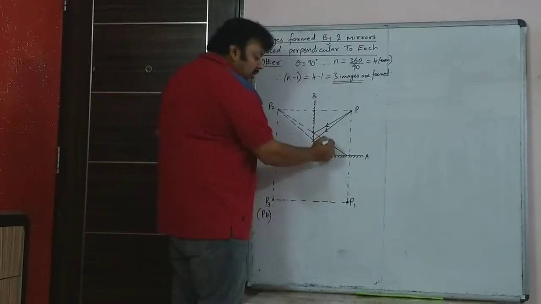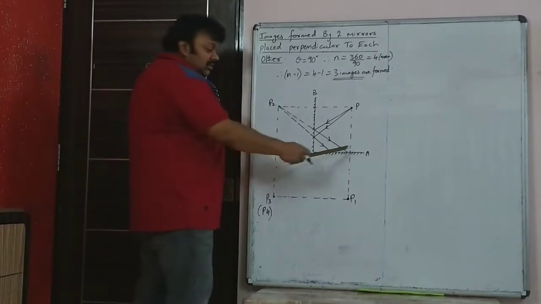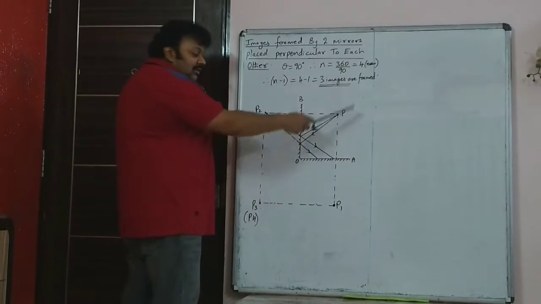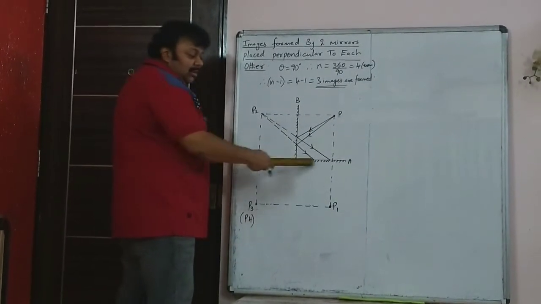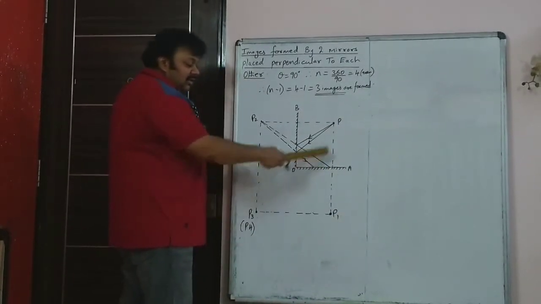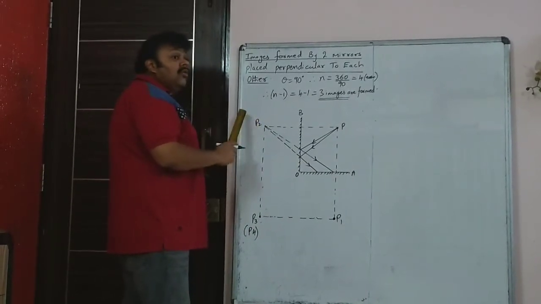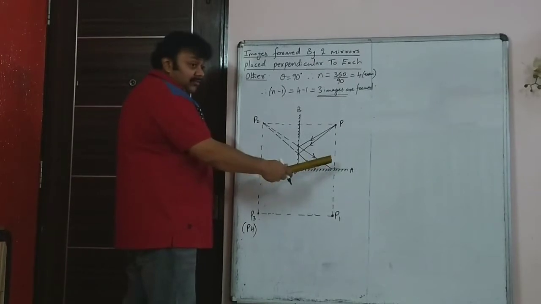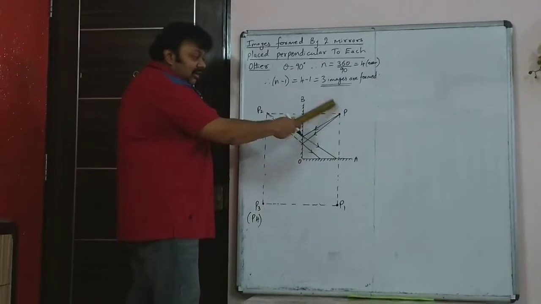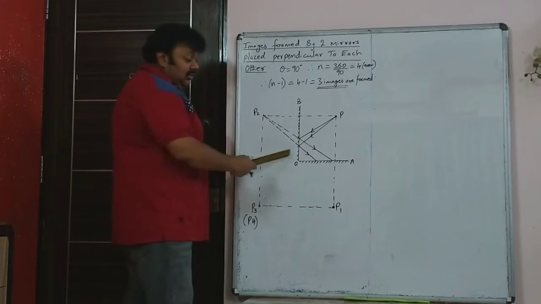So the 2 rays now will fall on OA. Since these 2 rays are now falling on OA, the rays will not stop here. They will get reflected. Why? Because obviously a mirror will reflect the rays. These rays cannot penetrate the mirror and go on the other side, they will get reflected. And that means P2 is acting as a virtual object for the mirror OA. Because of these reflected rays, P2, that's the image of P under reflection in the mirror OB, P2 is acting as a virtual object for this mirror.